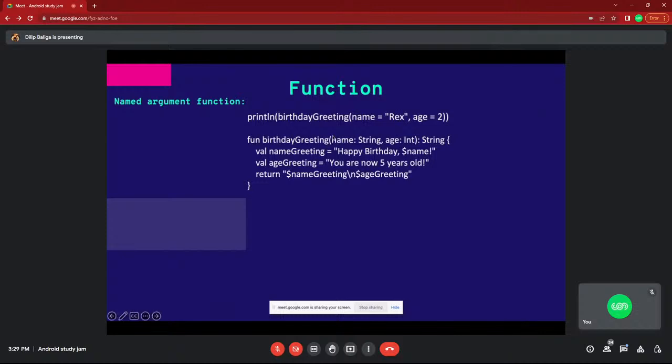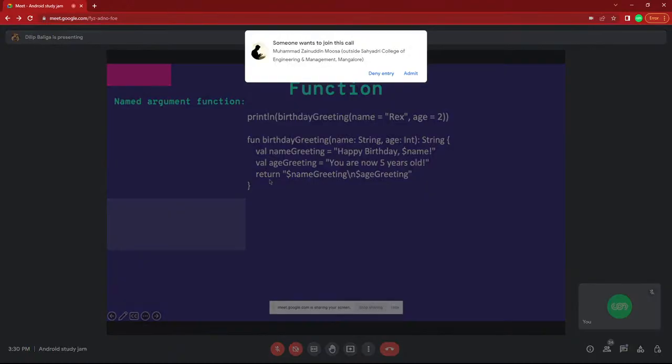Named argument function: a function has arguments, here name and age, two arguments of the function. Name is the first argument with the type String, and age is the second argument with the type Int. You know this one. And String is the return type, and I'm creating two variables and returning that as a string.